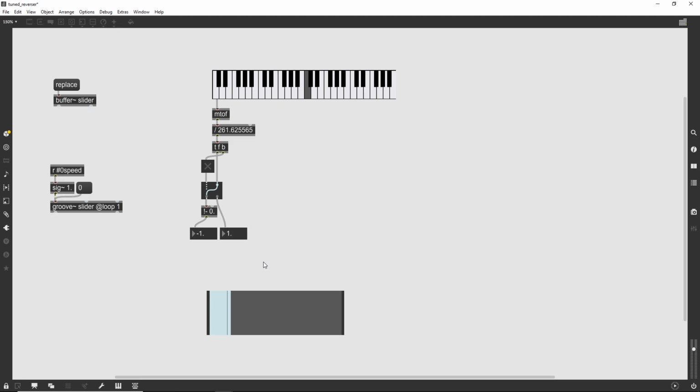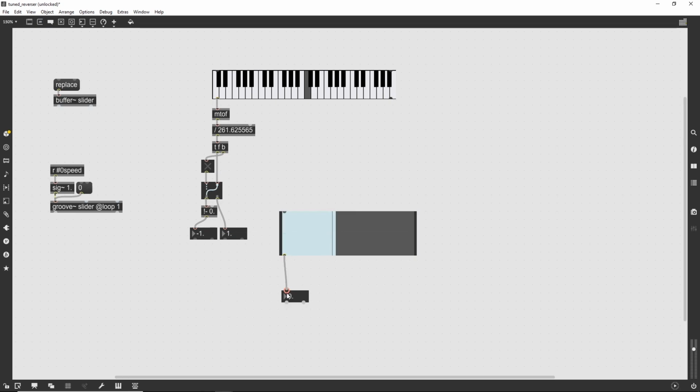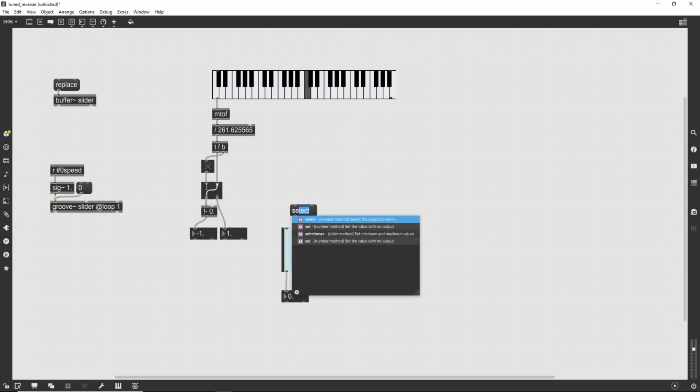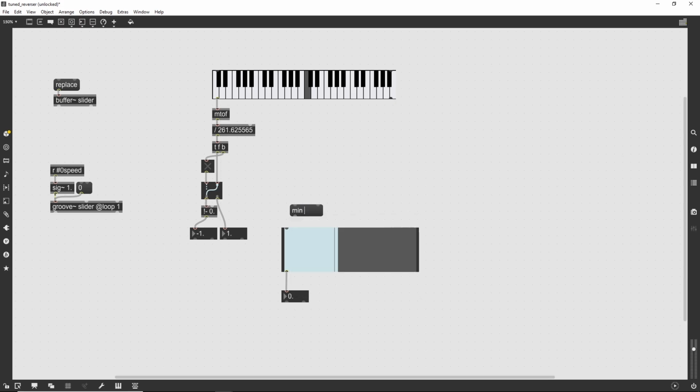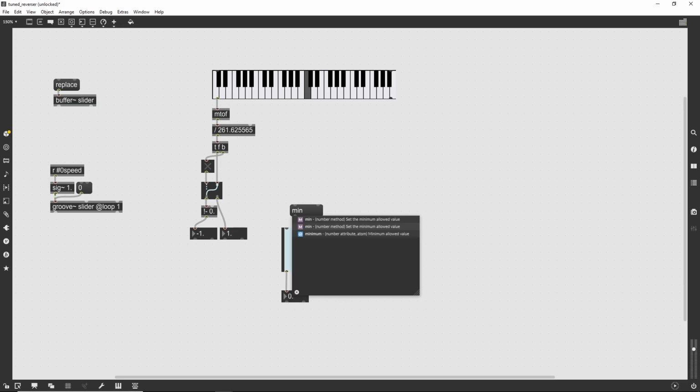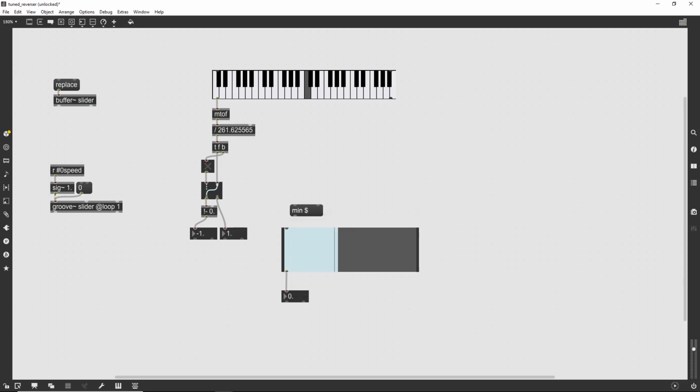Okay, so how on earth do we translate that into the values being output by a slider? The messages that are relevant for us here are, what are they? Min. So min $1 will control the left hand side of the slider. It sets the minimum value. So if we set the minimum value to 3,